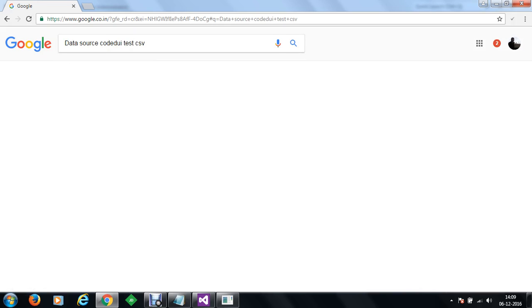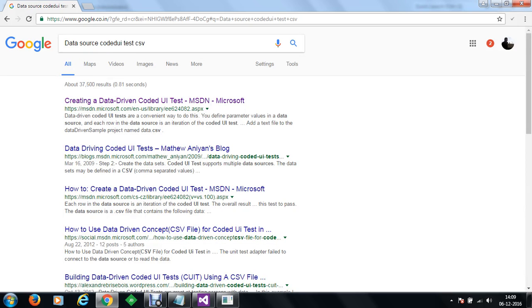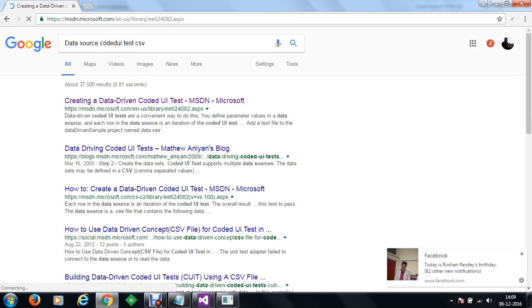We can simply search something like this. And you can see that we have got a link known as creating a data driven coded UI test. This is a good link. At the bottom of this link, we have all the data source strings written, so we can use one data string for CSV and integrate that with our application.